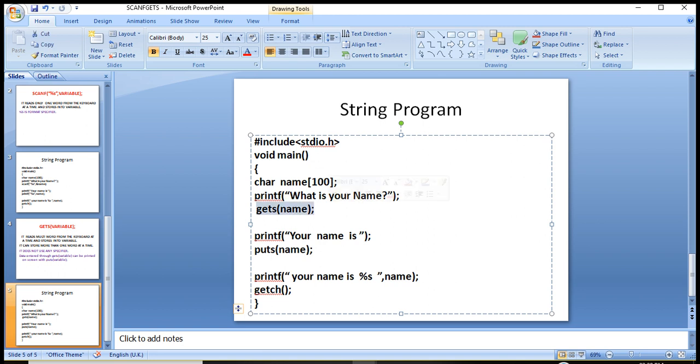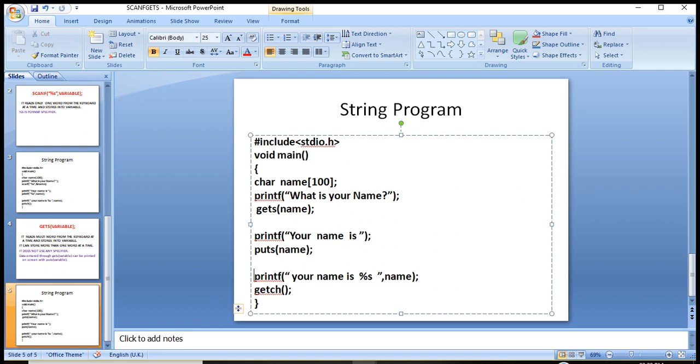Then we are printing messages and the data of the variable. We can print two messages using two separate functions, or we can print two or more messages using a single printf, like this.